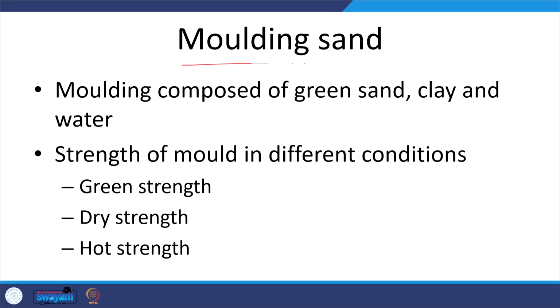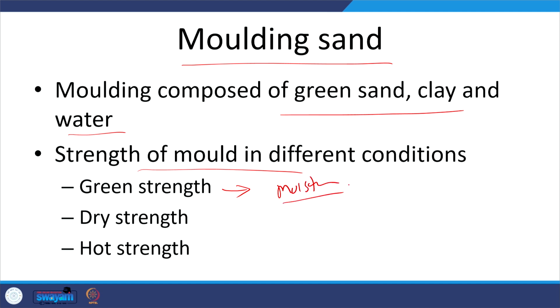So, as I said, molding sand is composed of green sand, clay and water, and the strength of the mold varies in different conditions. The green strength of the mold is the strength when there is moisture in the mold, and when the moisture is driven off by baking, so there is no moisture,